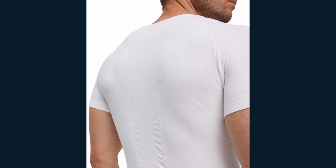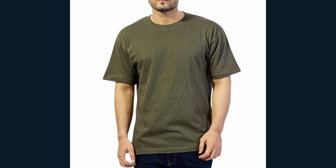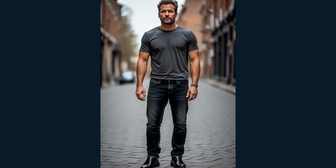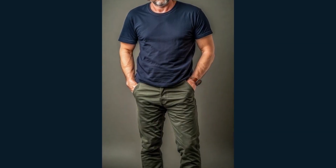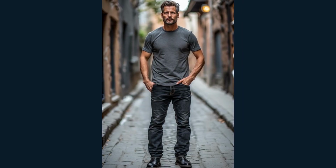For the next level, strategic color layering is key. Men who look expensive rarely settle for one flat color. Even with a simple t-shirt, they create dimension. A charcoal tee paired with dark denim and black leather shoes feels sharp and refined. A navy shirt with olive chinos and brown accessories adds richness without trying too hard. The secret is staying within the same color family, but shifting the intensity. This creates what designers call visual interest without chaos. Depth